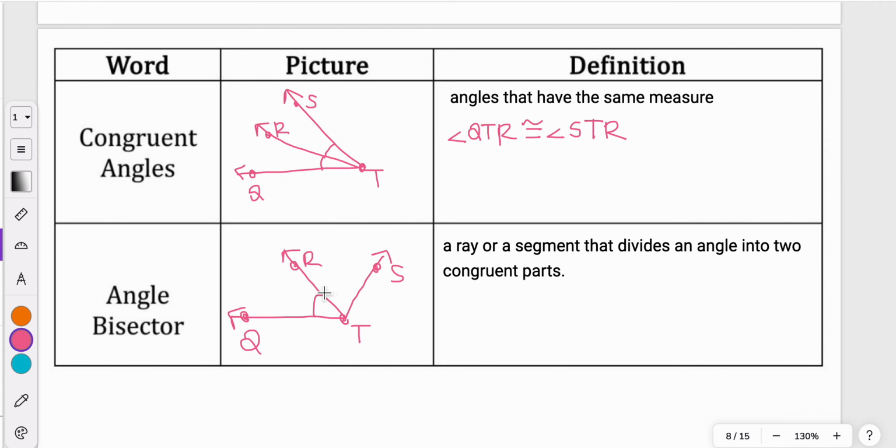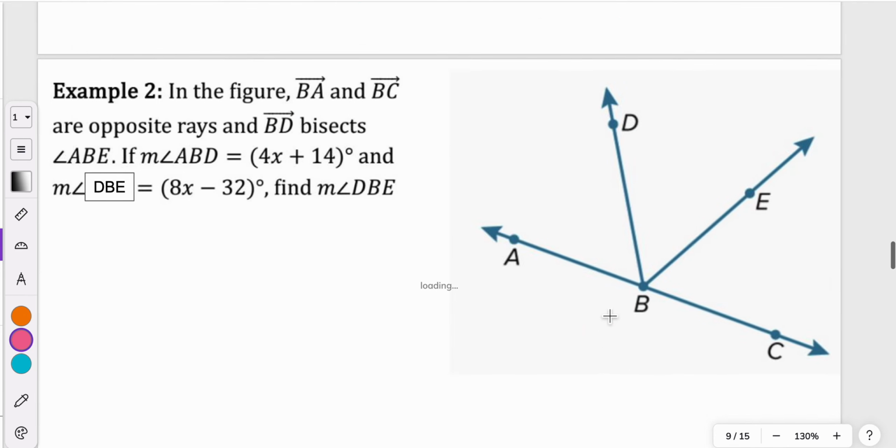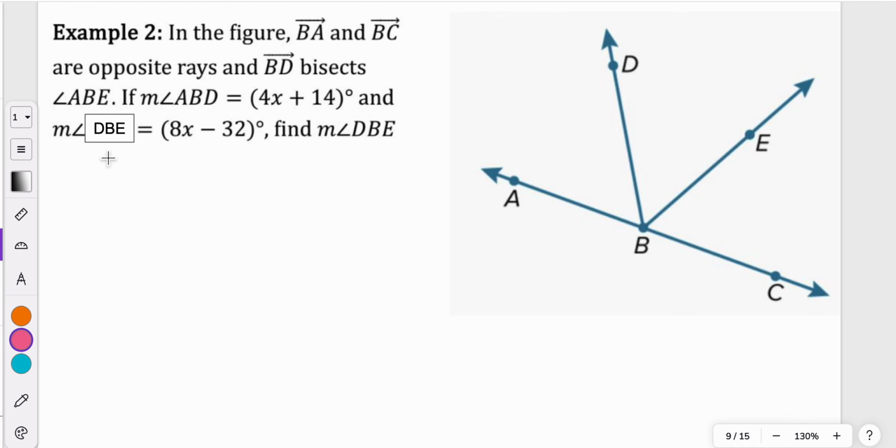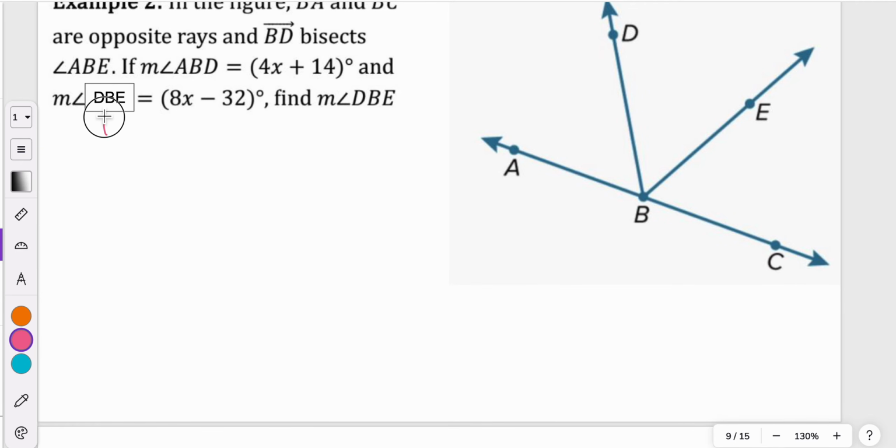And we're seeing that it's being bisected because both of these angles could be equal to the same degree measurement. Okay, so again, we see the measurement of angle QTR is equal to the measurement of angle STR. Okay, so in example 2, this one might have had an error on your paper, so just make sure it's